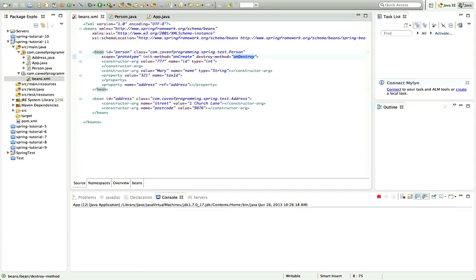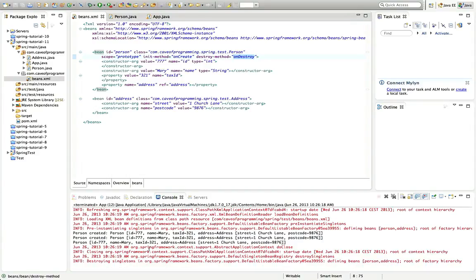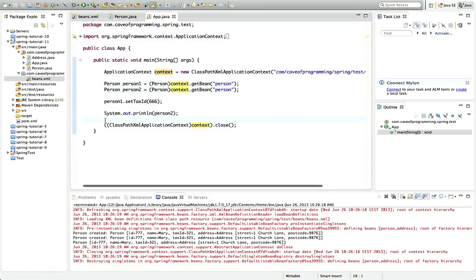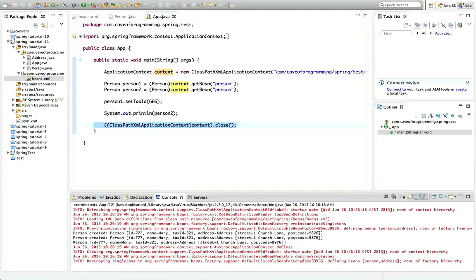And I'll run that, and we'll see that we are not in fact running that method. Now, the first thing to suspect is that you're not closing down your context if that happens. And if we look at app.java, we see that we are calling close on the context, so the context should be closing. And if we look at this red debug output here, we see that it's closing the context